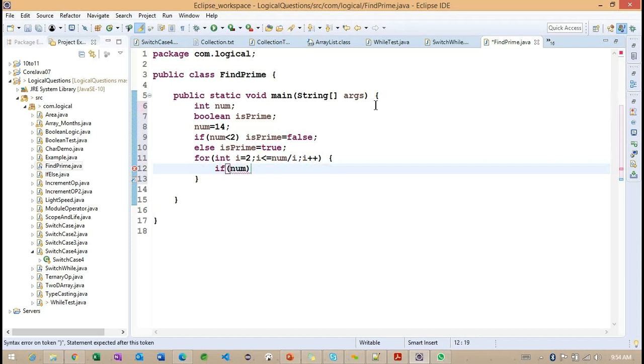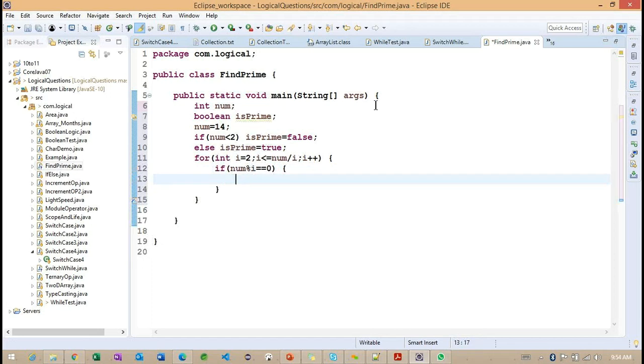Right. If this number divided by the given i gives remainder equal to 0, we are going to call these the prime numbers. Getting the point?